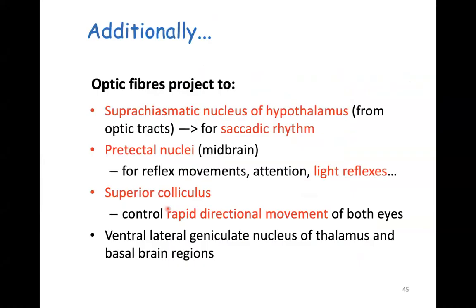Finally, other associations that are important to know. Optic fibers project to several places besides just the primary visual cortex. There's a suprachiasmatic nucleus of the hypothalamus. This is applicable for circadian rhythm. So what allows you to,